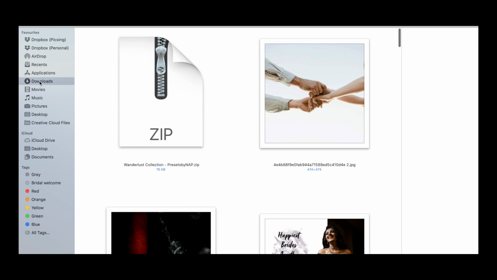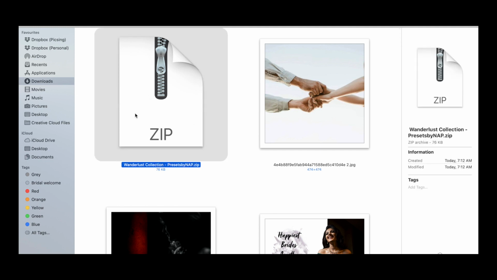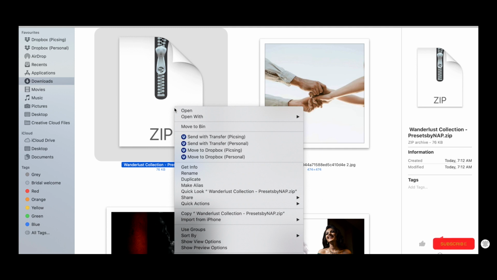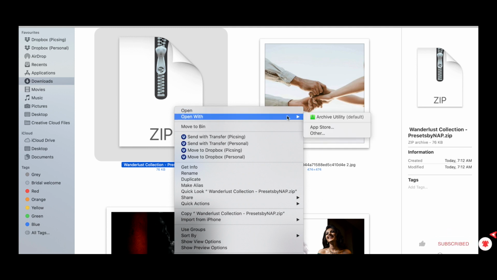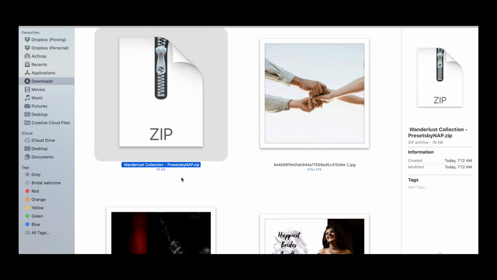Now when you have downloaded the preset zip file to your system, it generally shows in the download folder. Here is the file. Now that I have got this zip file on my computer, the next step is to unzip. A zip file is an archive that contains lots of files inside it and we need to get them out. Now since I am on Mac, I can just double click to open the zip file, or I can right click and choose the archive utility option. But if you are on a PC, you will need to right click on the file and then choose extract all from the right click menu and unzip the same.